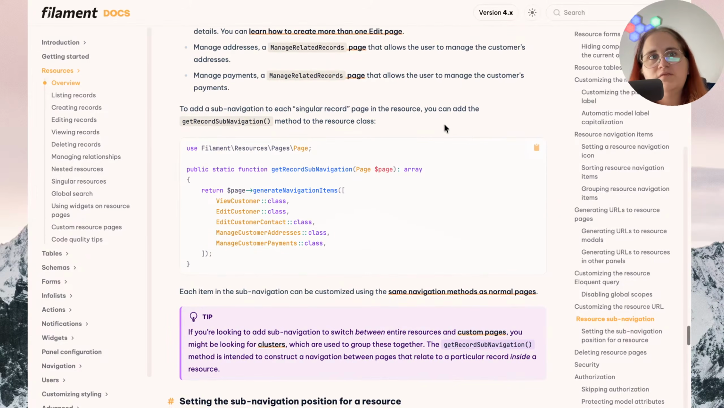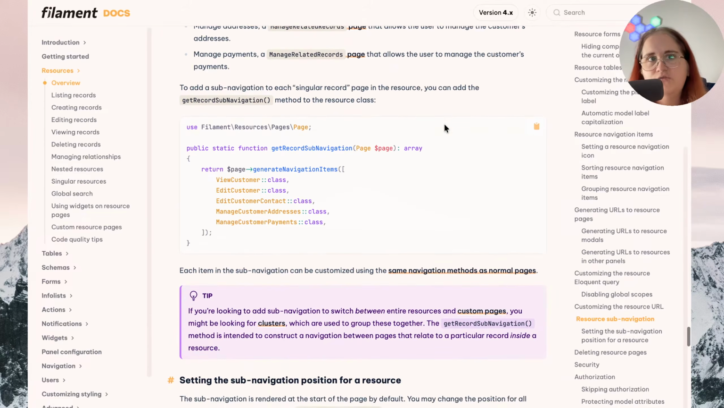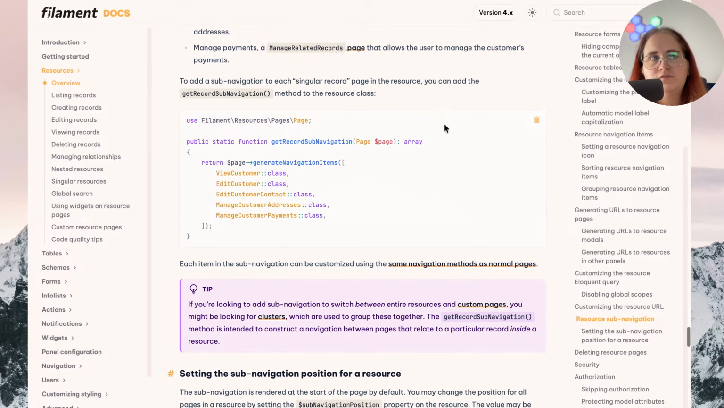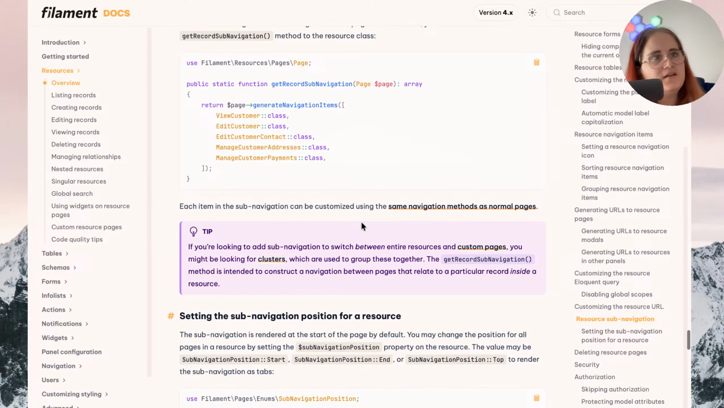To add a subnavigation to each singular record page in the resource, you can add the getRecordSubNavigation method to the resource class. Use Filament\Resources\Pages\Page. Public static function getRecordSubNavigation(Page $page): array { return $page->generateNavigationItems([ViewCustomer::class, EditCustomer::class, EditCustomerContact::class, ManageCustomerAddresses::class, ManageCustomerPayments::class]); }